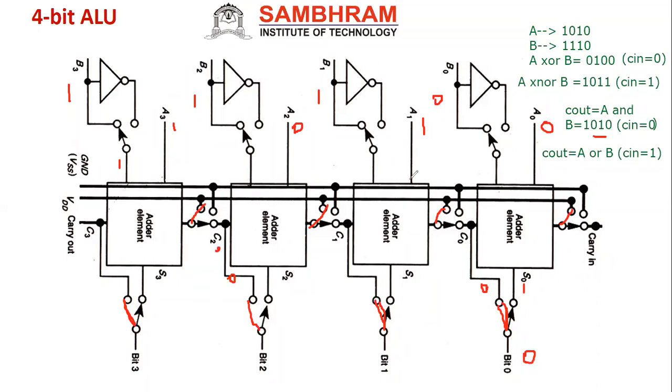Next here 1, 1. It is also 1. So all are 1, 1, in the sense sum is 1, carry also 1. So I will get the 1 because carry only I have to get. Next 1, 0, 1. So 1, 0, 1 means sum is 0, carry should be 1. So I will get here the output as 1. Next 1, 1, 1. Then sum is 1, carry is 1. So I will get as 1.